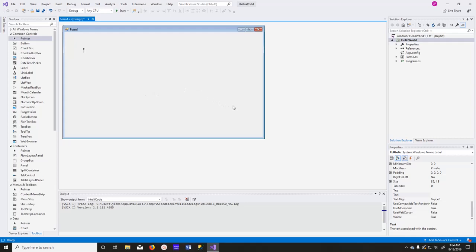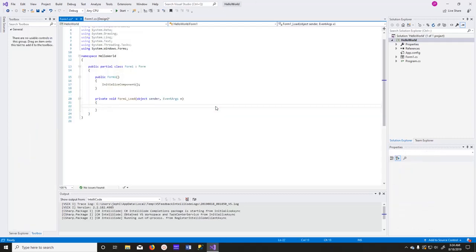Now when we want something to be placed in a program, when the program starts, to initialize the program, if you will, we can double click on the form, and it creates something called form load. Now form load is where something is started, and we want to start the form comes up, and then we want something to be done one time and at the beginning of the program. In this particular case, we want to